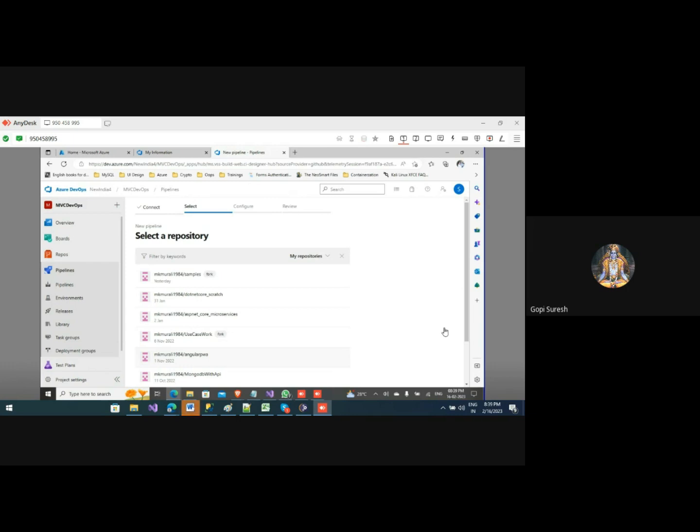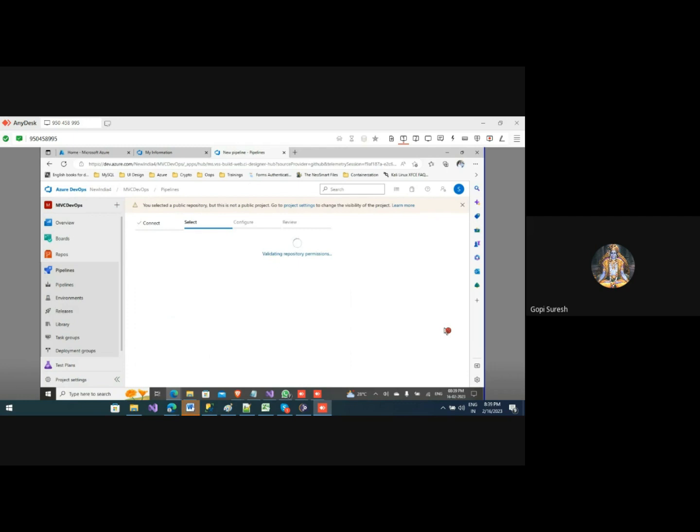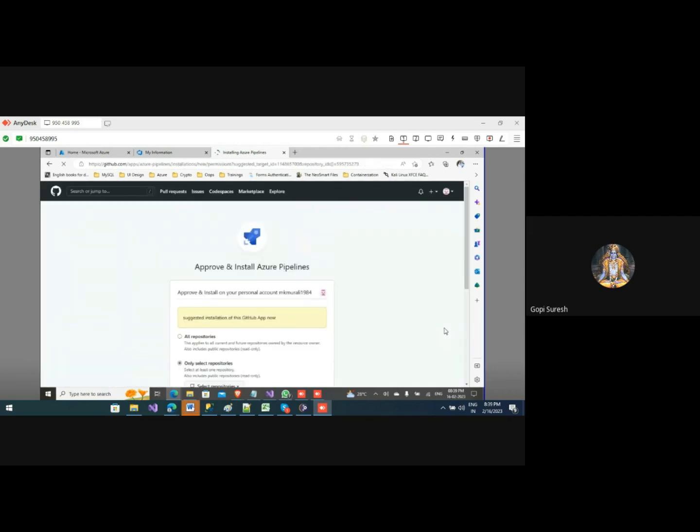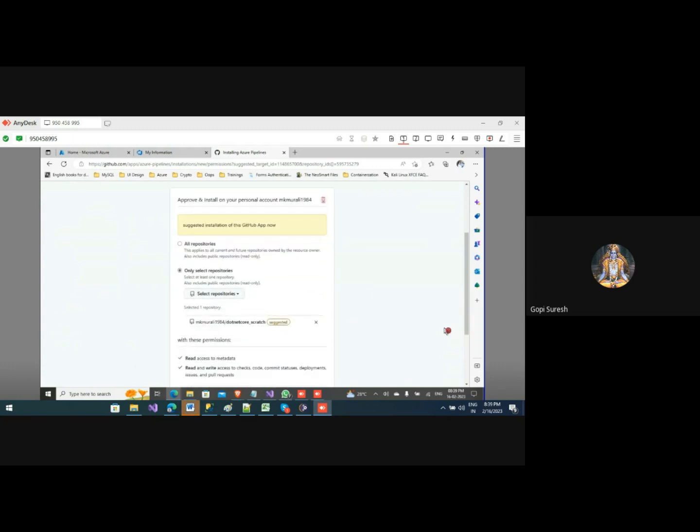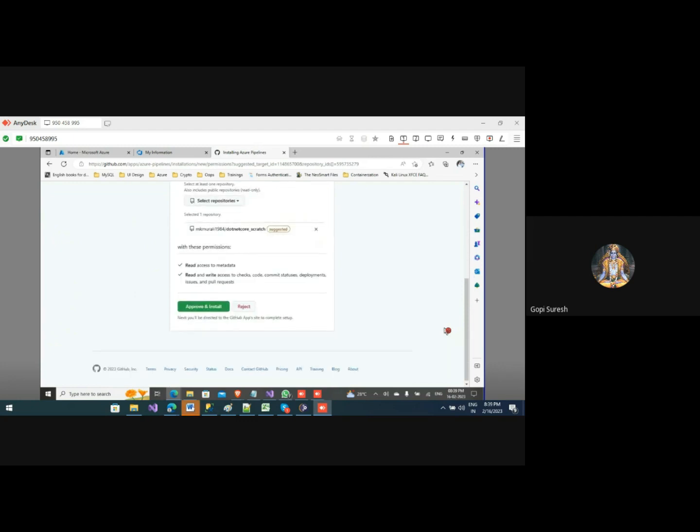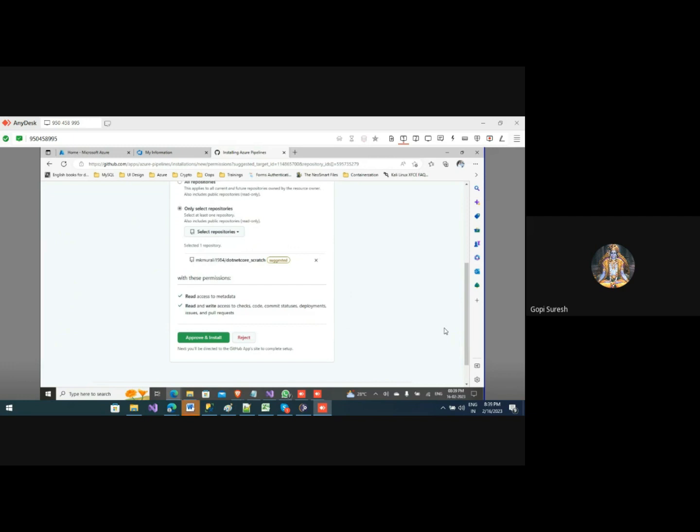So here it is asking me to select the branch, which code you are going to build. Okay, can you please select someone? Okay. So here you can see, you can select the particular repository, and you can continue your deployment process. What it will do is the code will be picked up from this project and it will be assigned back to build the application.